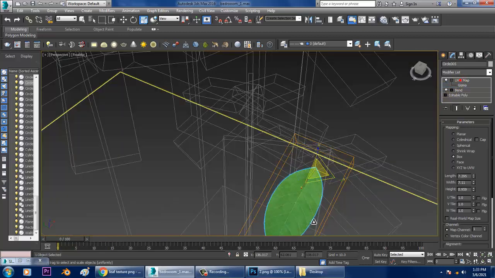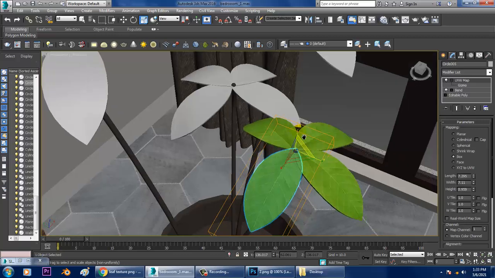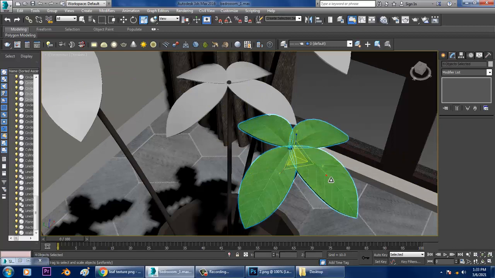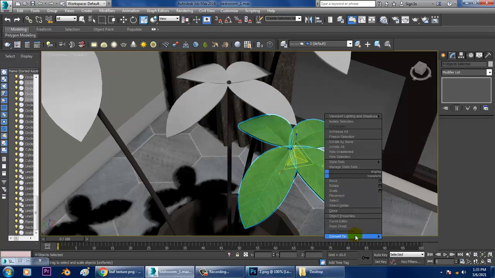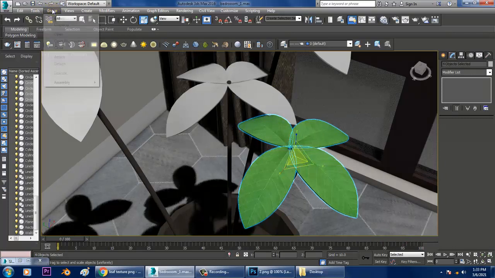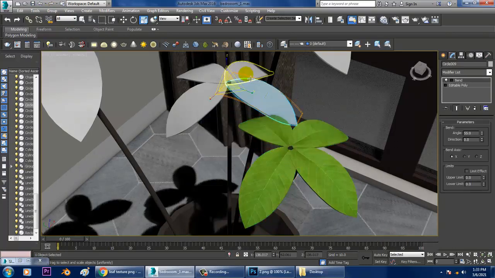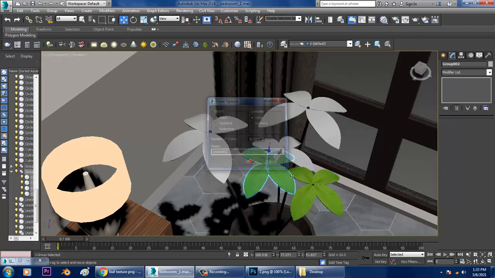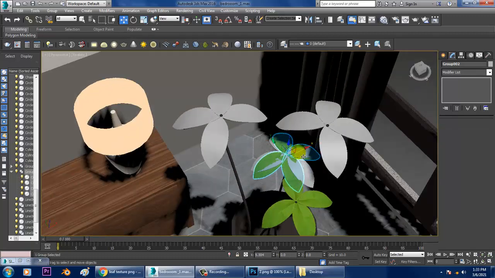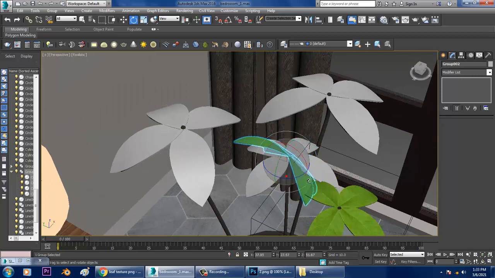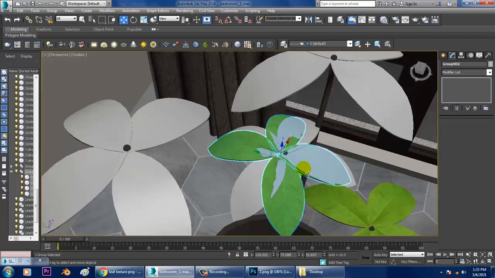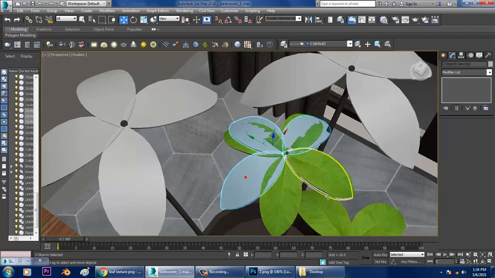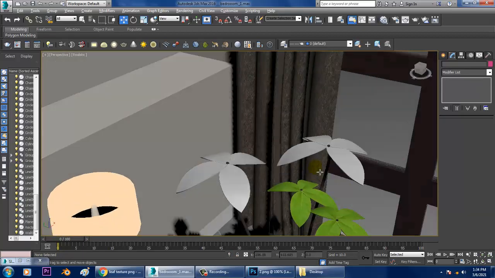So now what I can do over here is select this and convert to poly, and I can just group that. I can just duplicate that over here, so we don't need to assign this again and again for all. Select these four elements and delete that. Simple.